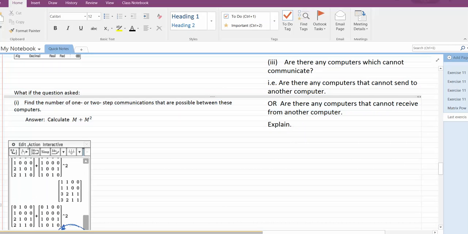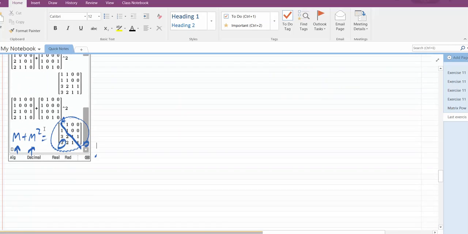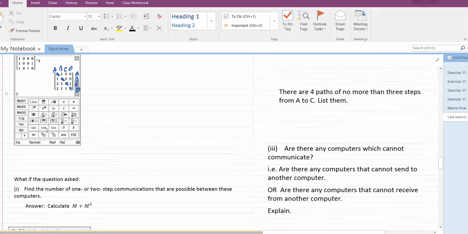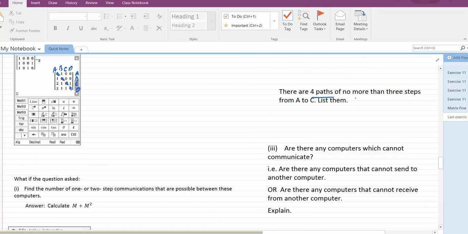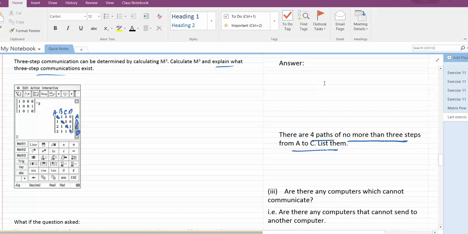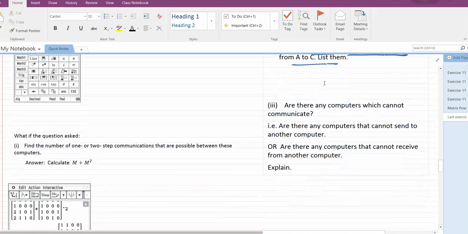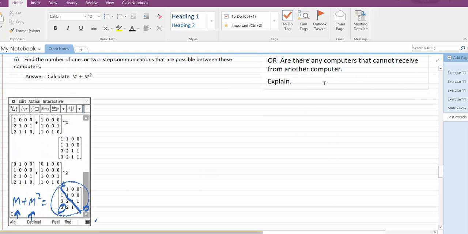So this is what the question is actually talking about. So there are 4 paths of no more than 3 steps from A to C. List them. Okay, so let's look at the diagram. So A to C, let's see, A to C is here. So there are 3 paths from A to C. What this matrix is saying